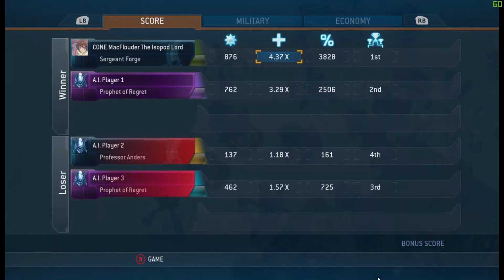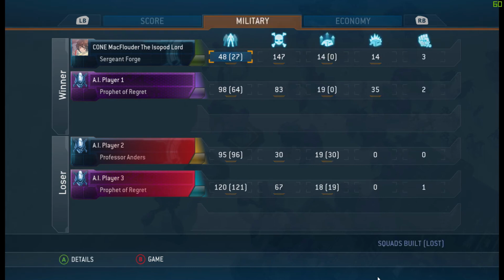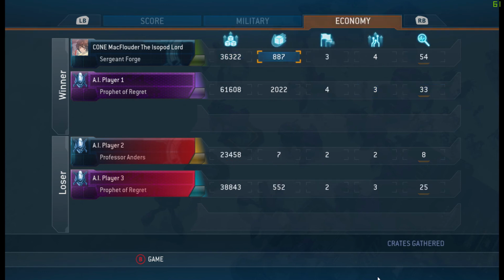But yeah, obviously we were first because unlike the AI we didn't sit around doing nothing. Killed the most, lost the least, built the least as well. Didn't build the most buildings, or actually kill the most buildings. We were better at combat though. Most research, most tech, and yeah,